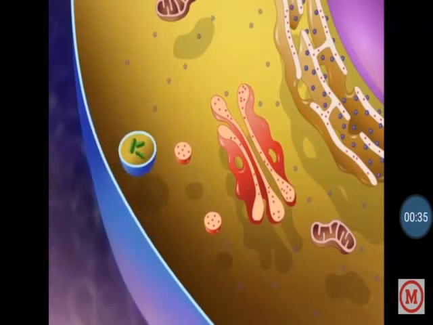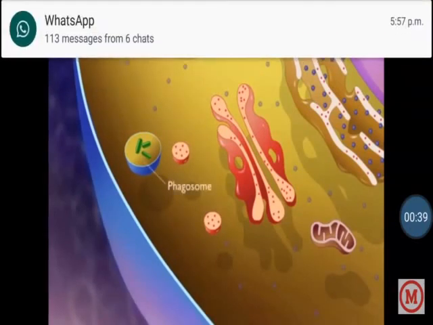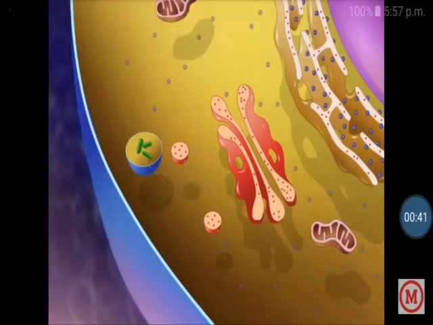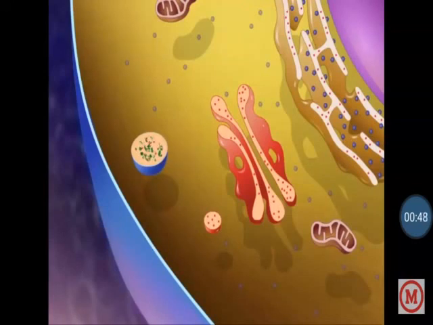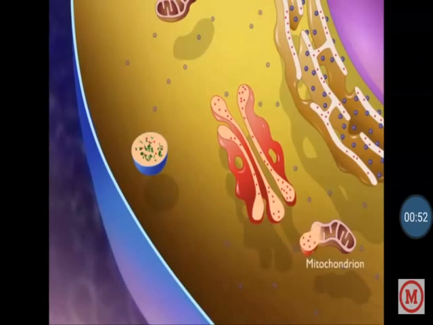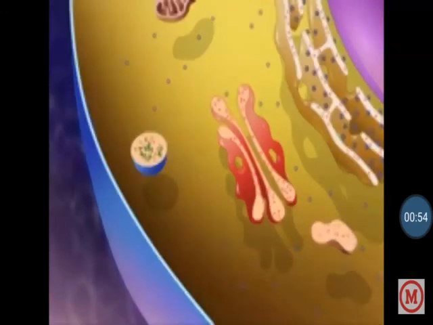Any foreign particle which enters the cell, all kinds of foreign matter such as bacteria, food, old organelles, they end up in lysosomes. So lysosomes contain strong digestive enzymes which kill all these substances, and they clean up the cell. They also clean the old organelles, like they are digesting the mitochondria right now here. And when the cell is damaged, lysosomes burst and release the digestive enzymes and digest their own cells, and that is why they are also